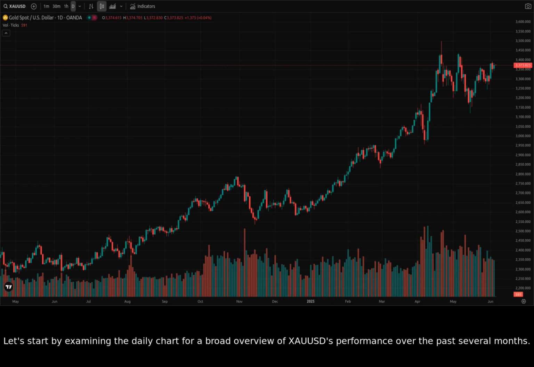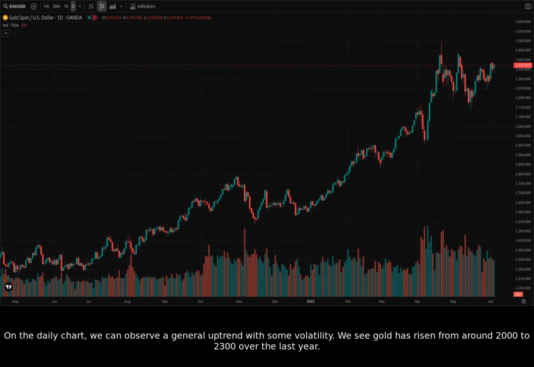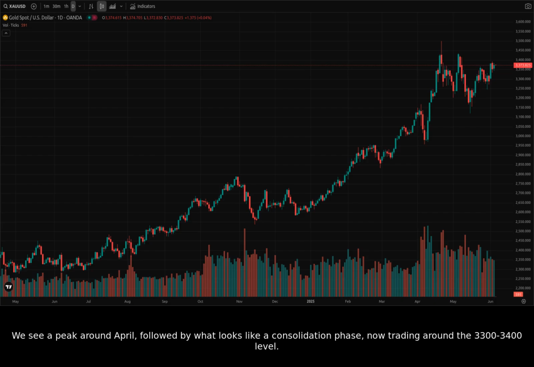Let's start by examining the daily chart for a broad overview of XAUUSD's performance over the past several months. On the daily chart, we can observe a general uptrend with some volatility. We see gold has risen from around 2,000 to 2,300 over the last year. We see a peak around April, followed by what looks like a consolidation phase, now trading around the 3,300 to